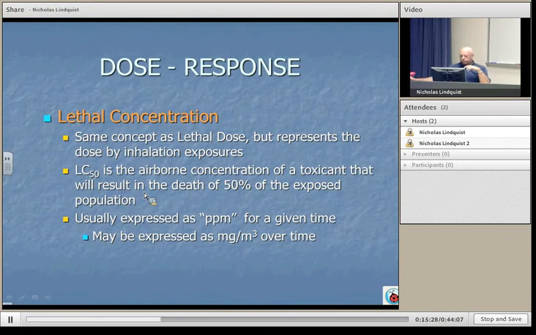With respect to lethal concentration, it has the same concept as a lethal dose, LD50. The only difference is that your exposure is going to come through inhalation. We breathe it into the body. And so an LC50 would be the concentration of the toxic material we're studying that would kill 50% of that population. This is usually expressed in parts per million, parts of contaminant per million parts of air. Or you can also utilize milligrams of the contaminant per cubic meter of air. And oftentimes we'll see this expressed again related to a time